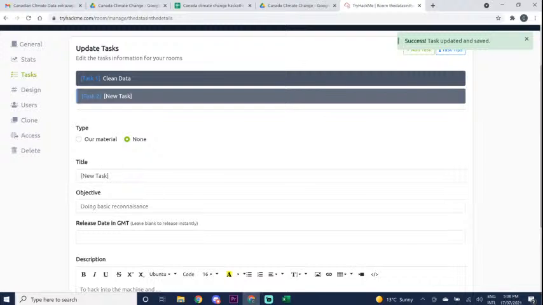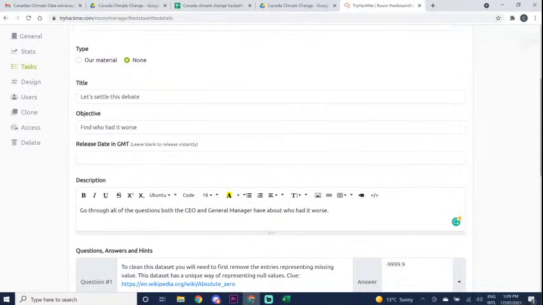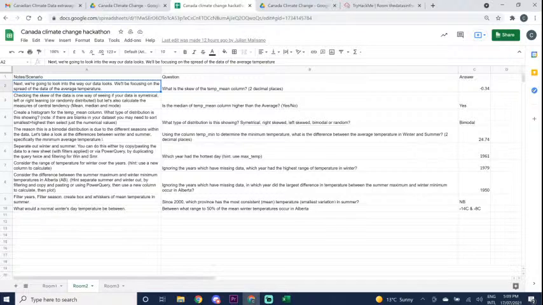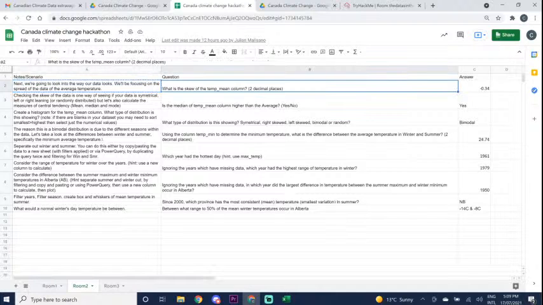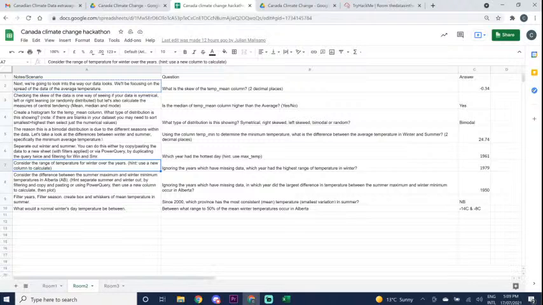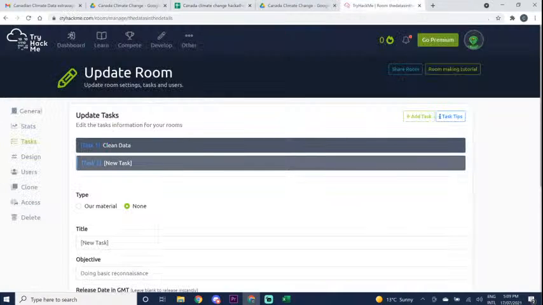Now, I need to wait for that to load. Change the name here. The new task. Let's have a look at what the questions are like. Next, we're going to see how our data looks. Okay, so this is finding more insights, digging deeper. Consider the range of temperatures, winter years, normal winter's day. Okay, so let's use this as an opportunity